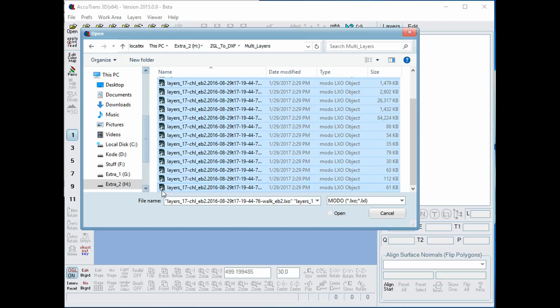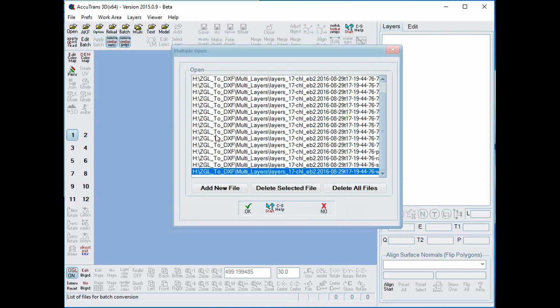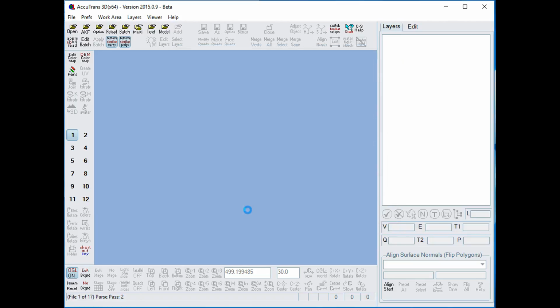Now, depending on the Windows operating system being used, there's a maximum number of files that Windows will allow you to select at one time. And so I'll click Open, and they read. Now, if you weren't able to select all the files that you needed, just click on the Add New button and go back and select the ones you weren't able to select before. Now I'll click on the OK button,